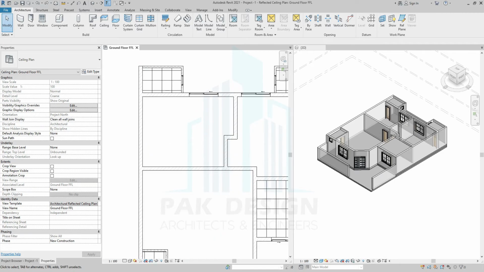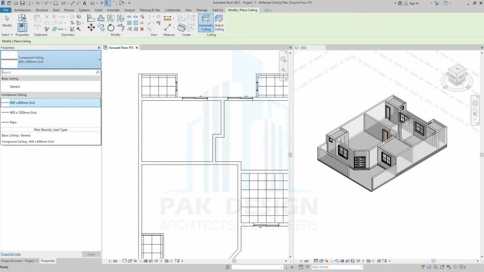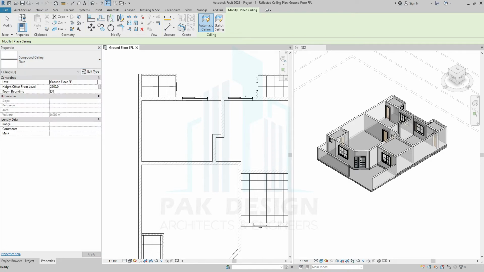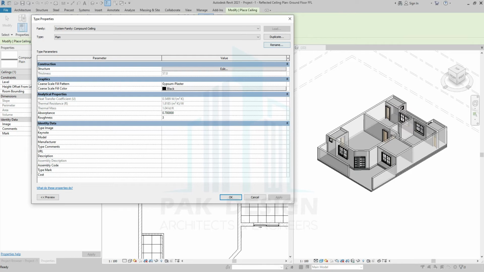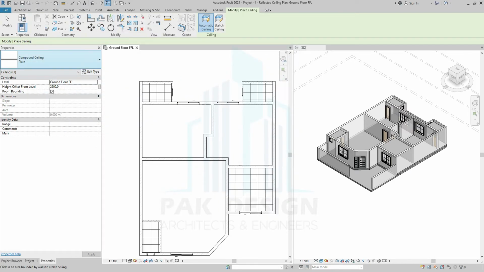Here we want to make some plain gypsum ceiling. So what I will go, I will select plain. There is generic, don't choose this one. Better to use this one or copy paste, or if you want you can make a duplicate and do some editing. So in basic the problem is if you will use basic, like if I'm going to select basic, I will